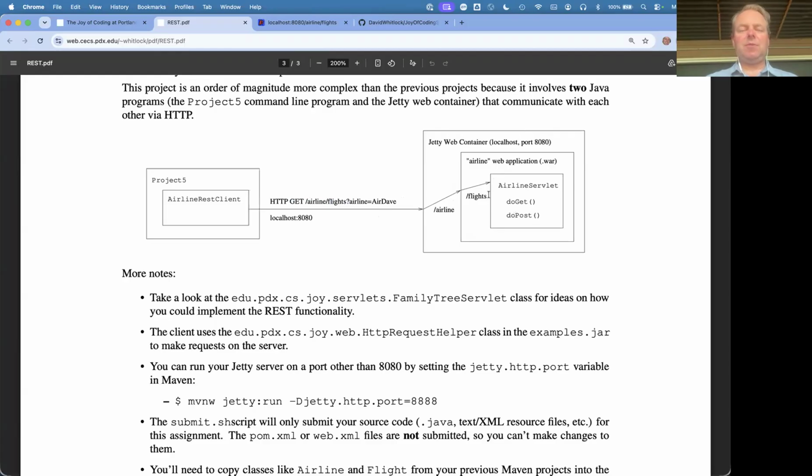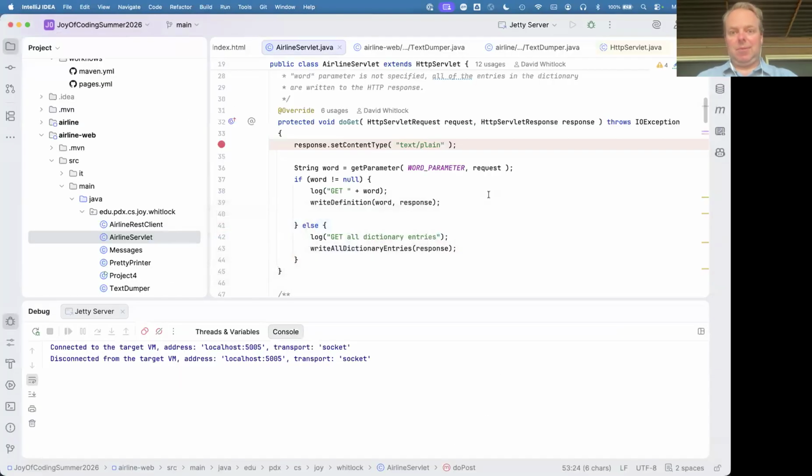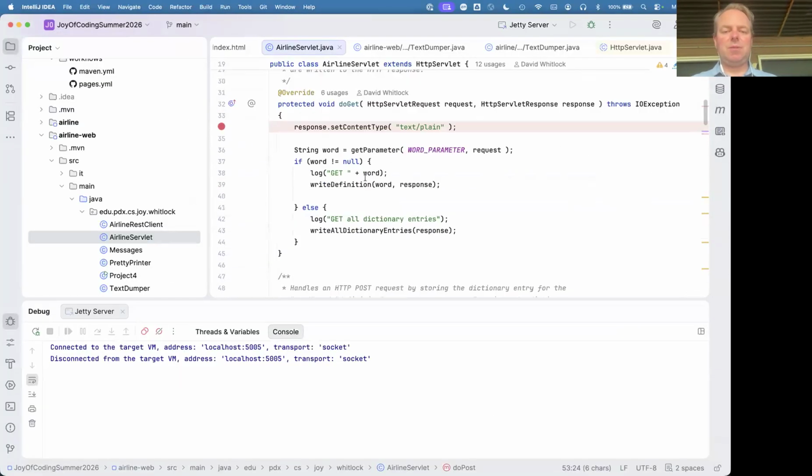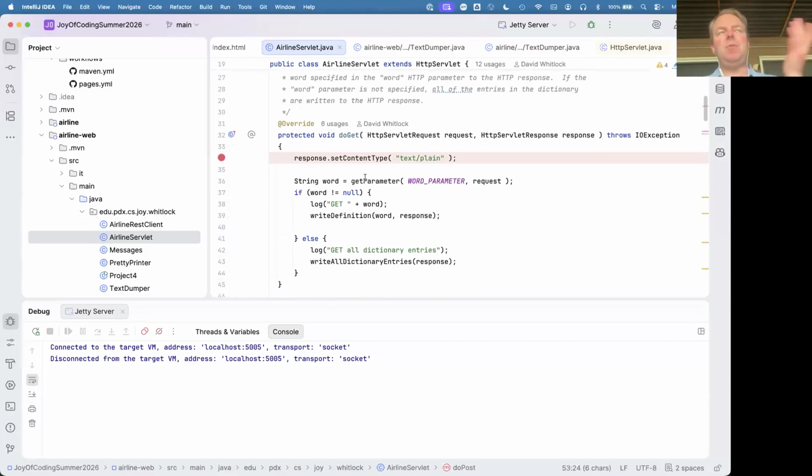So that's the way the servlet behaves when it runs inside a web container. The logic of our program is implemented inside doGet and doPost. And you know me, I'm a big fan of testing your logic. We want to make sure that our programs behave as expected. And as you can see, working with the servlet